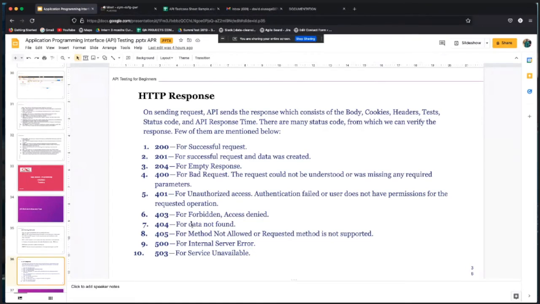You are trying to get data from the server, but you are passing invalid data, so you should get a response code. We have the 405, and we have the 500 for internal server error. When you try to get information from the server and the server is down, you get 500. We also have the 503 response code, which is service not available. Maybe the microservice is down.